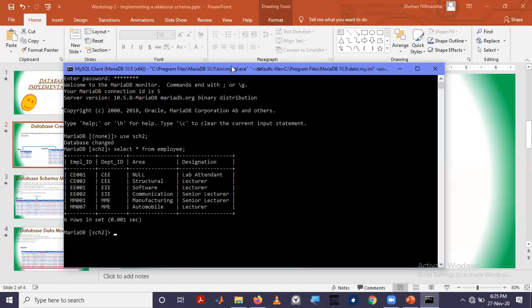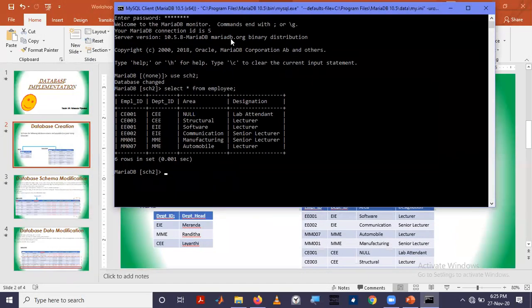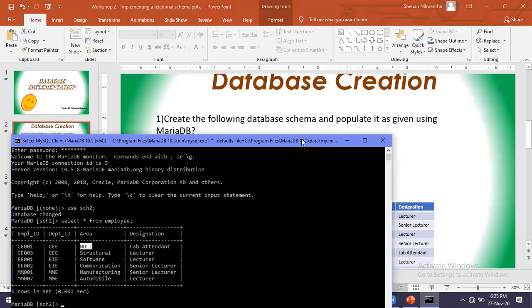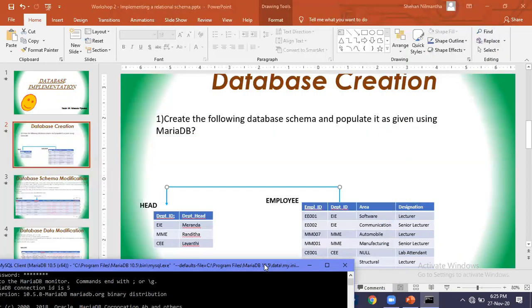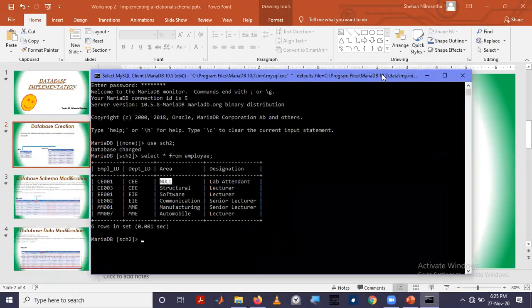So I can see that all this data have been inserted here. And this is the null value that I was talking about. So this is automatically inserted and it is not inserted as a character like I told you. So this is how you can create a table with constraints. With constraints, what are the constraints? Schema based constraints. Those primary key, foreign key, domain, constraints on null. So those things, this is how you can create.